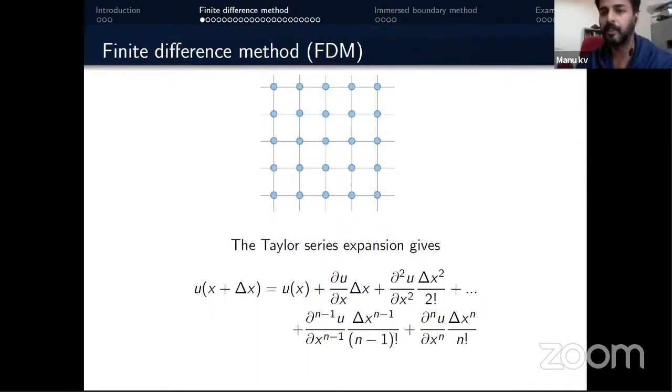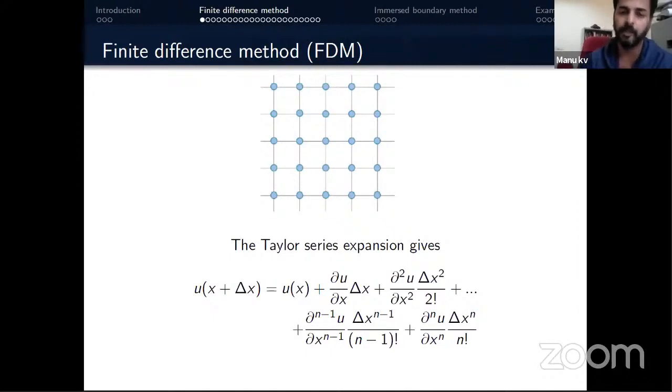It all starts with the discretization part. Once we have selected a flow domain, we can discretize the domain into different points, grid points, and we can apply the Taylor series expansion at the grid points and convert the partial differential equation to a difference equation. Depending upon the required accuracy, we can take more terms in the Taylor series expansion and get higher order schemes.